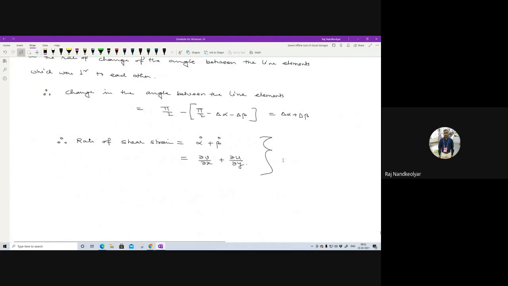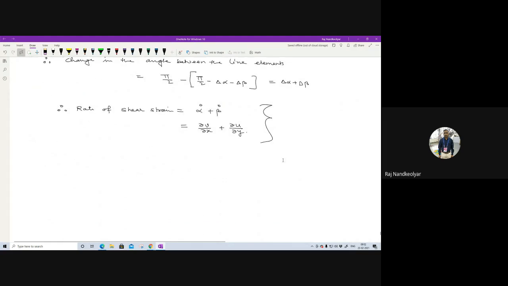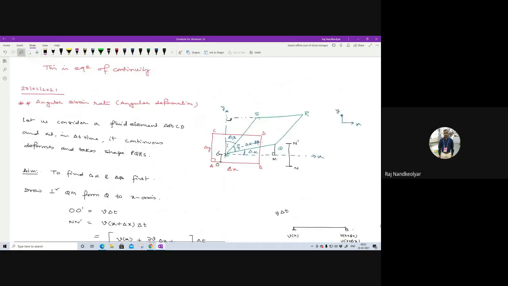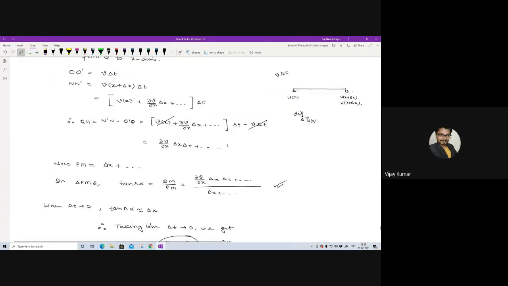ओके। सो दिस इज योर रेट ऑफ शियर स्ट्रेन, और इसको हम लोग बोलते हैं एंगुलर डिफॉर्मेशन रेट। अब हम लोग यहां से कुछ चीजें डिफाइन करेंगे, जैसे एंगुलर वेलोसिटी। सो वी डिफाइन द एंगुलर वेलोसिटी। अब ये बताओ कि एंगुलर वेलोसिटी अगर इस फ्लूइड एलिमेंट का होगा तो वो किस डायरेक्शन में होगा, किसके अबाउट होगा, कौन से एक्सिस के अबाउट होगा? जेड एक्सिस के अबाउट, है ना।